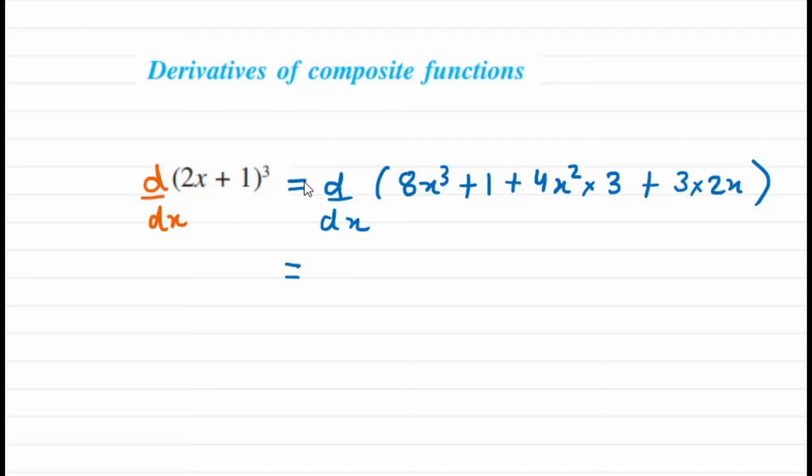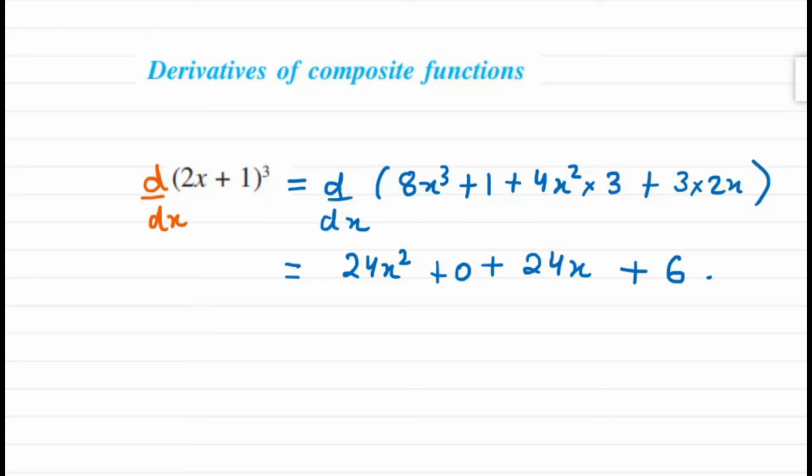So derivative of the first term 8x cube will be how much? 24x square. Derivative of 1 will be 0. Then derivative of 12x square will be 24x, that you know. Then plus derivative of 6x will be only 6. So this will be the derivative of this. But here we have expanded it and then we have differentiated. Now